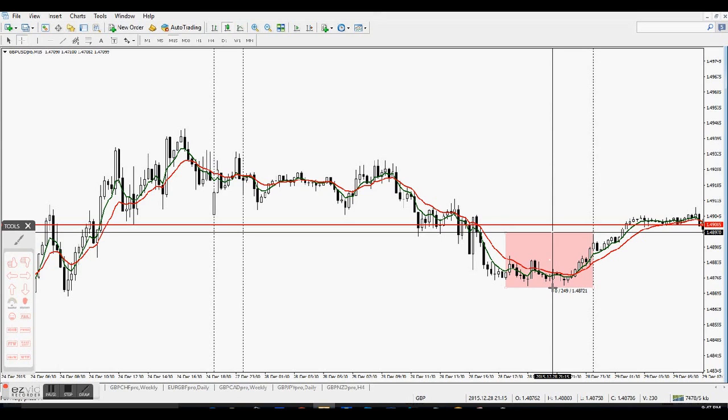Since we have 3 numbers there, it tells you it's 24 pips, and that last one is a tenth of a pip, so that's just 9/10 of a pip. So when you look at that middle number, it tells you that we have 24 pips. Just round it to 25 pips of range during the Asian session. Then all the way to the right, it tells you what that price is. That's the 1.48.72, or the way people would normally say it is just 48.72,